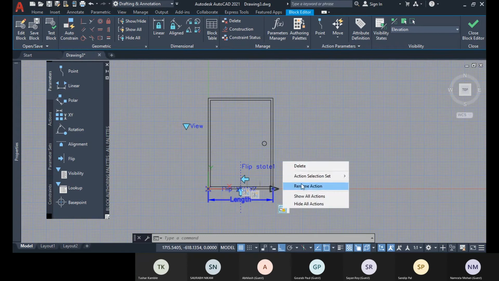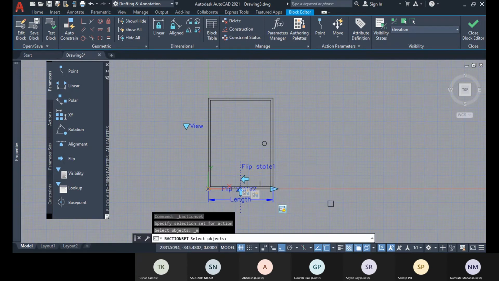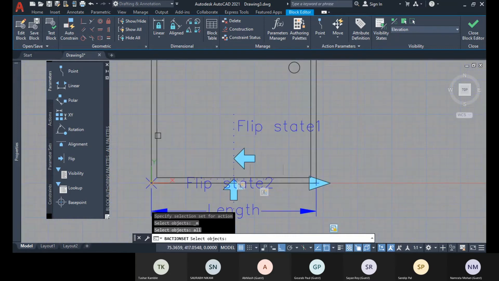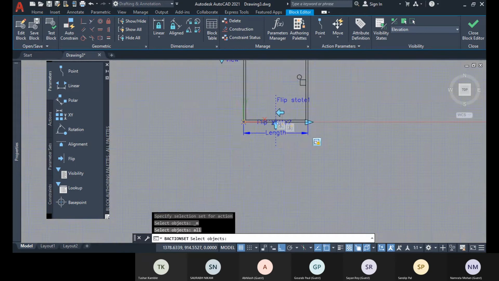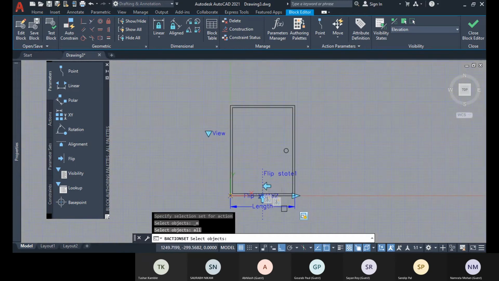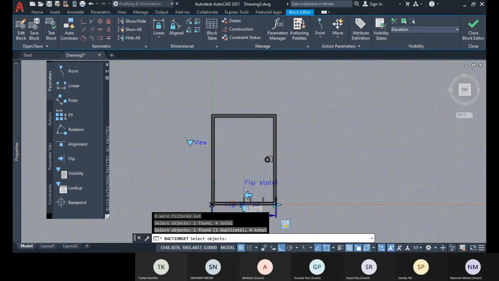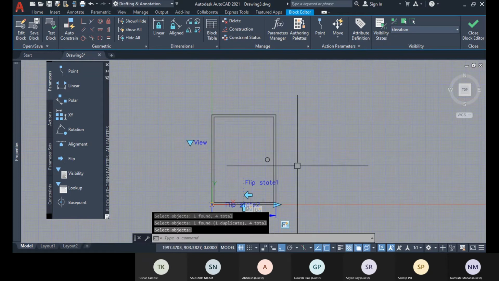For that, go to action selection set and modify selection set, and this object will be scaled. Select your object, all, enter. Okay, these are the objects, enter.